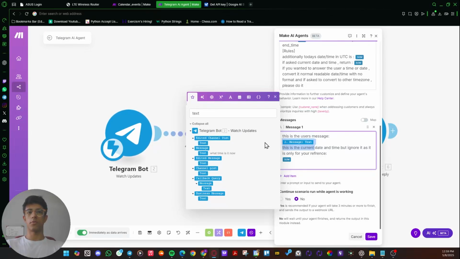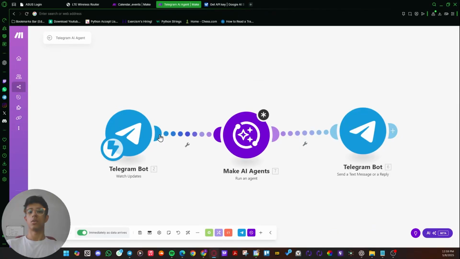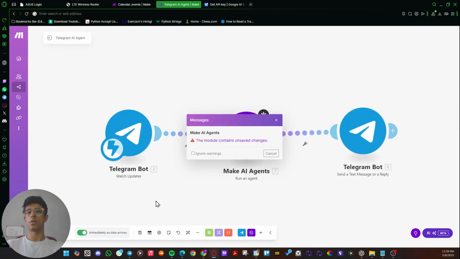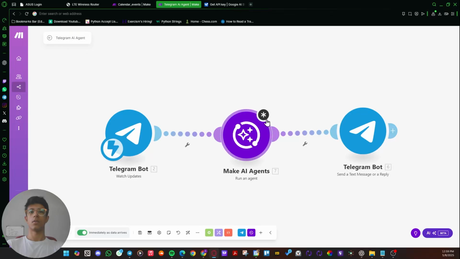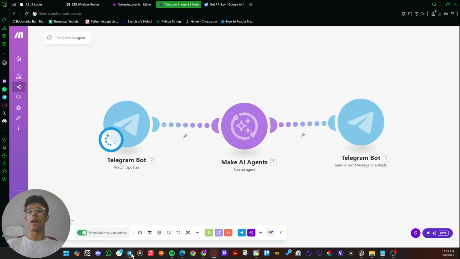Also, if you want these data right here ready for you to drag and drop for your own reference, you have to execute this once. Let me explain it for you. You have to run the scenario once, just like this. Let me actually close and save this. You have to run the scenario once and basically